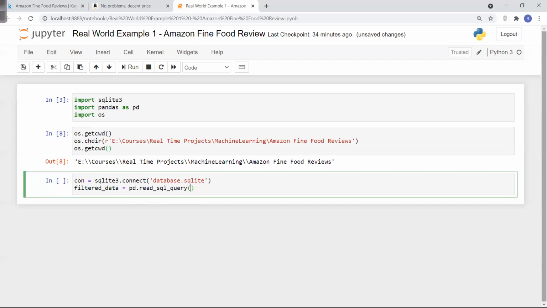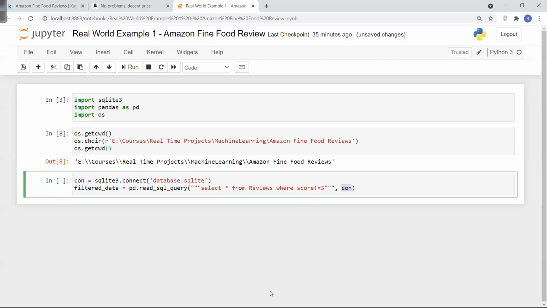My SQL query would be, I will pass triple quotes and I will say select star from reviews where score is not equal to 3, and get this from the connection. Simple. I am saying that I want to read this query from the connection, and the connection is what?